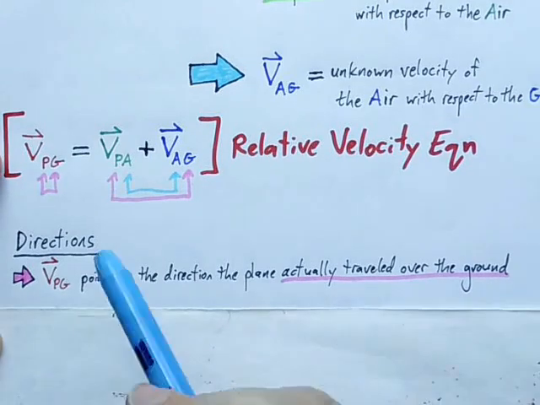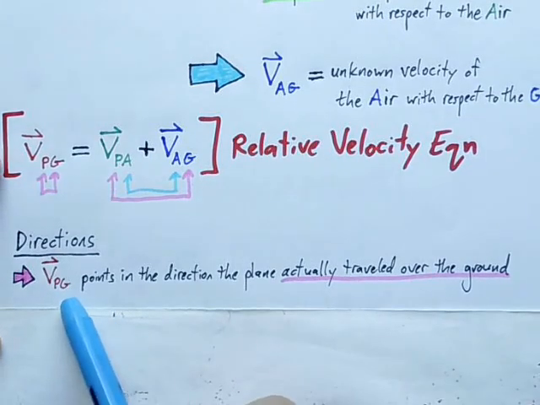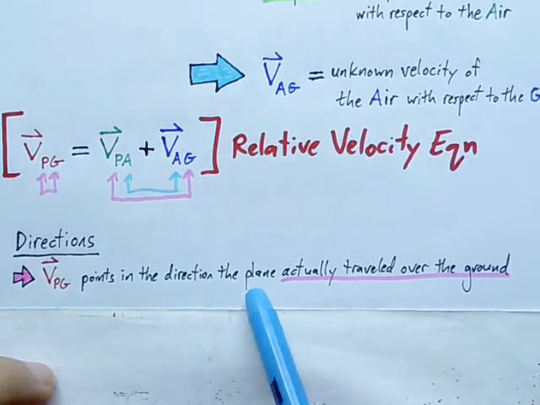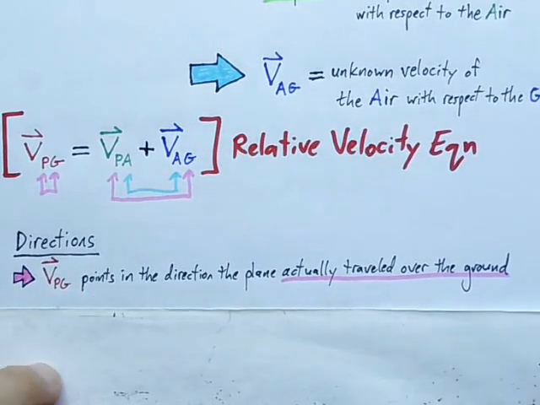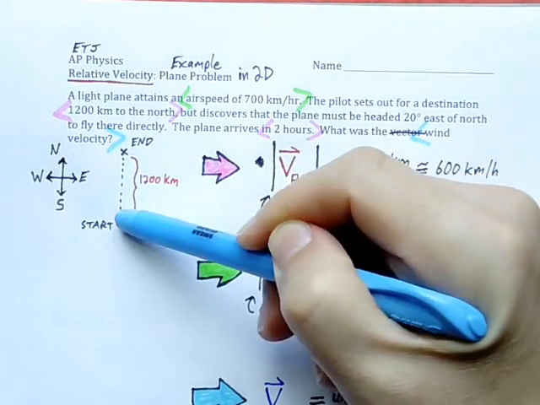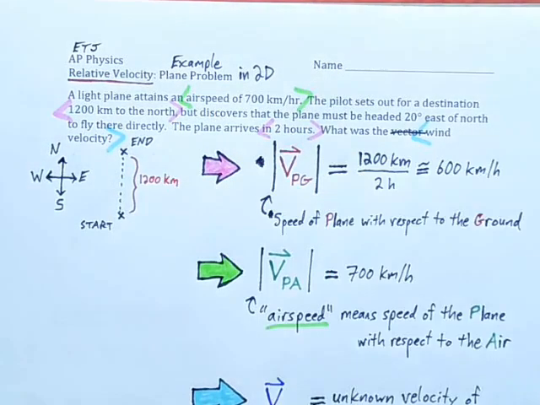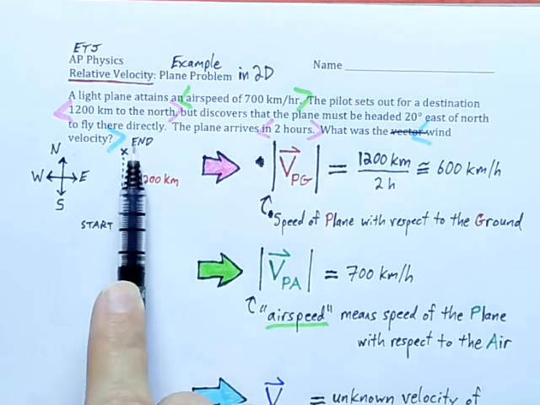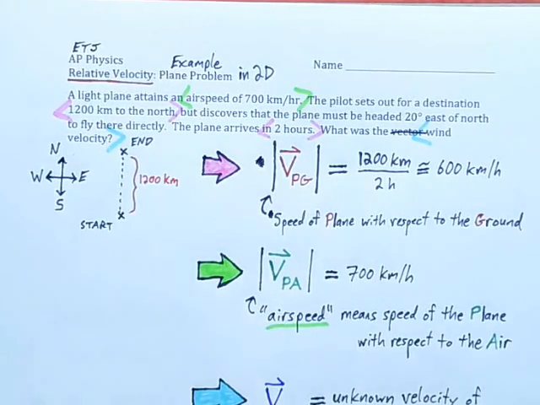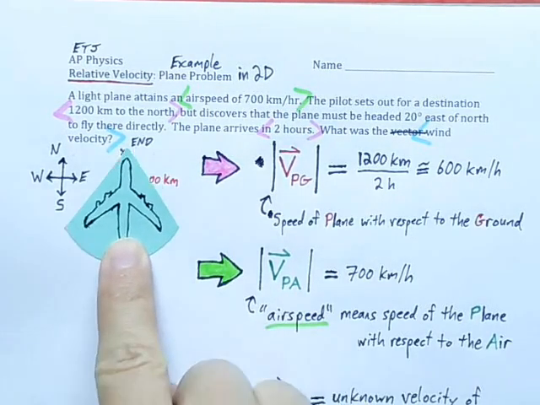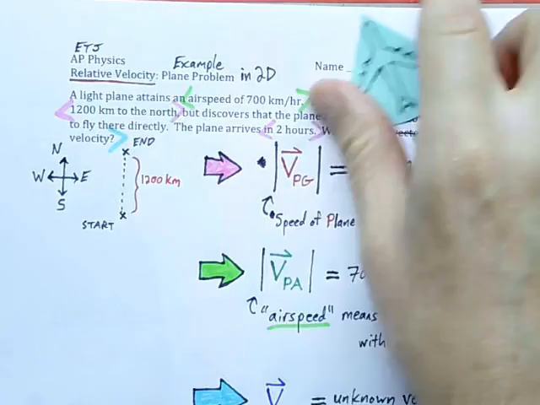First of all, the velocity of the plane with respect to the ground. This will point in the direction the plane actually traveled over the ground. So it actually went due north from its starting point to its ending point. So VPG points due north. So I've got my little plane here. It actually moved due north. However,